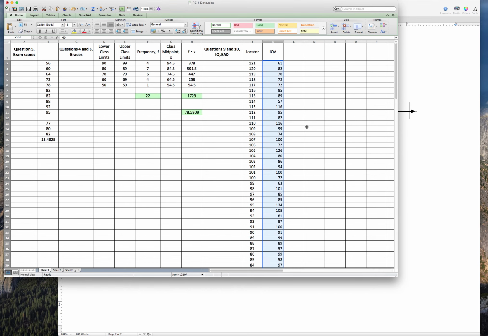Let me pick a couple that are pretty close here. So I'm going to highlight these two cells, or I'm going to turn it red so that it's easy to follow, so it's easy to see them. And now I'm going to